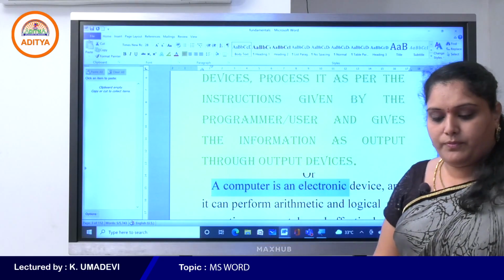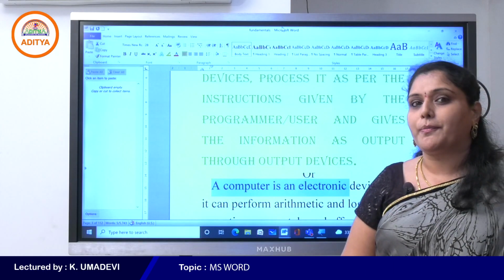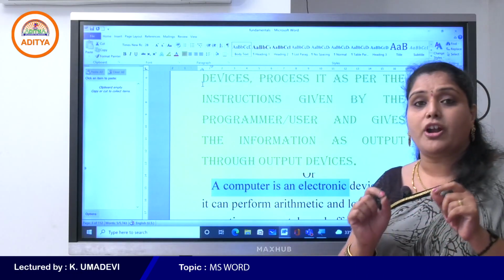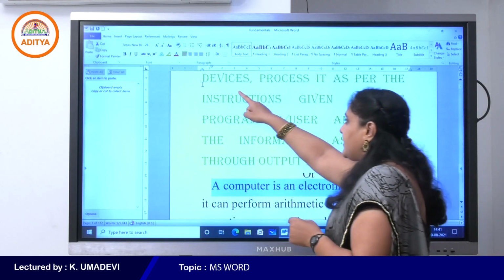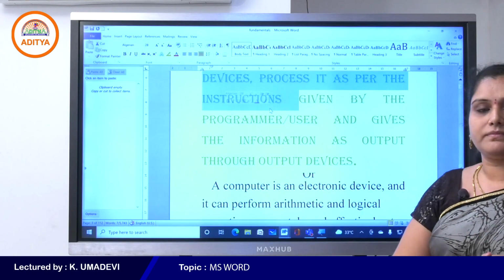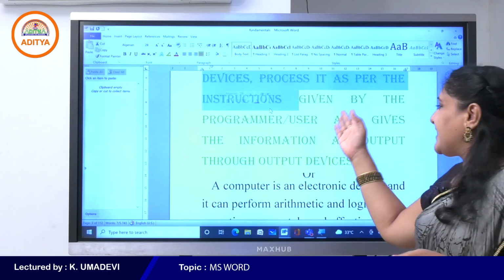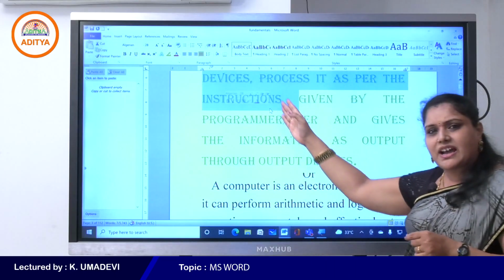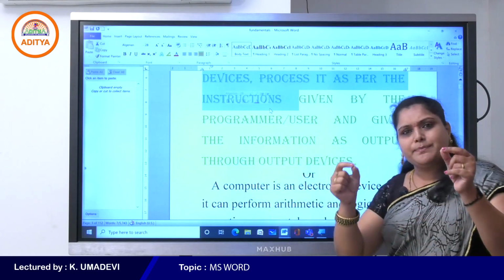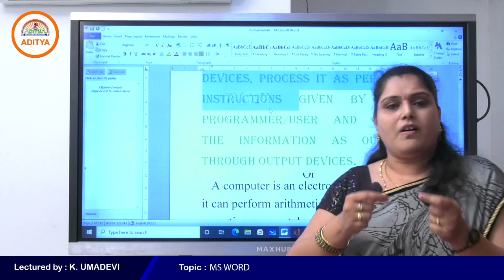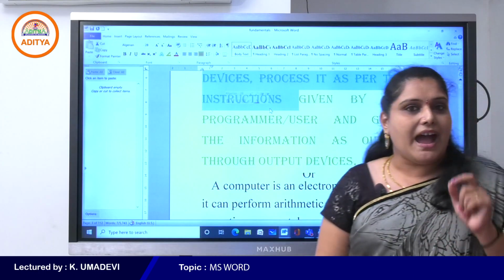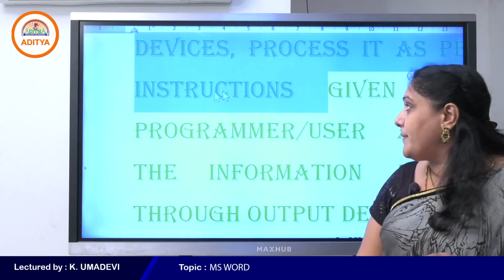Yes. Now I'll show you how to use format painter. First select the part of the text or select the entire text, the font you like. First select any part of this paragraph. So no need to select the entire paragraph because the entire paragraph contains the Algerian font. If you want to apply the same formatting to the next paragraph, simply select a particular word or select a part of the paragraph.